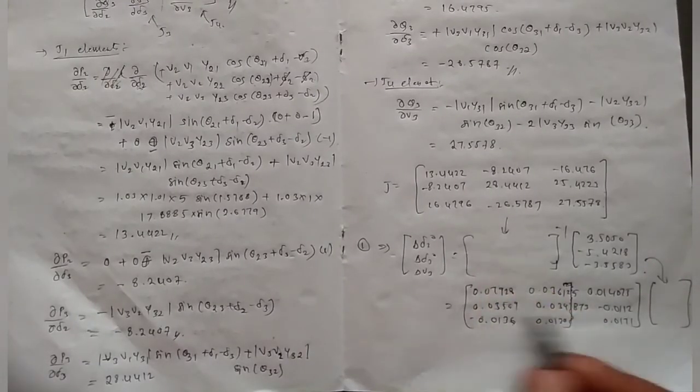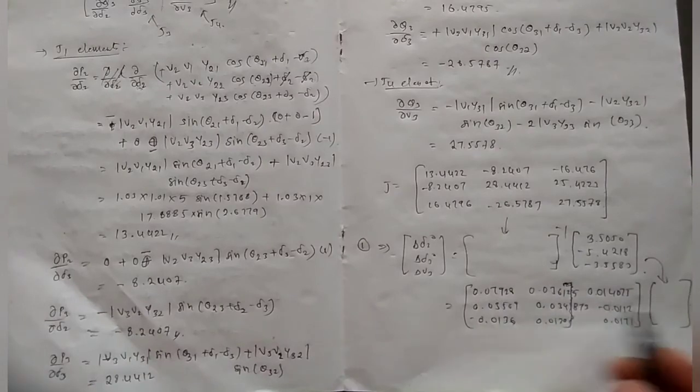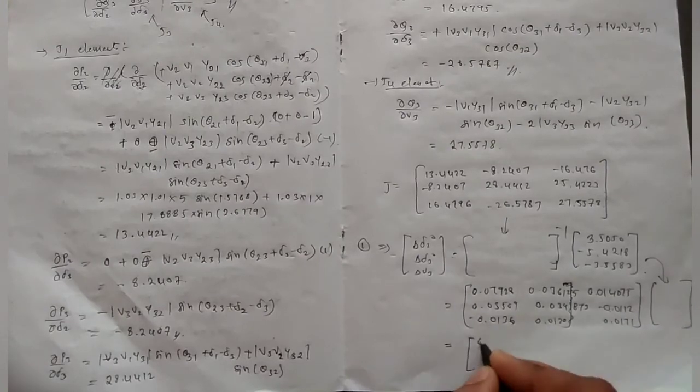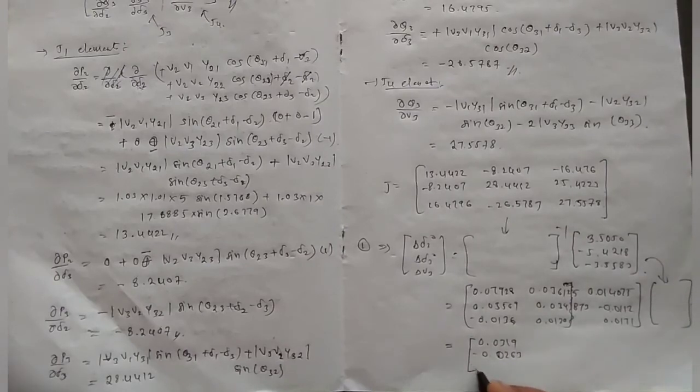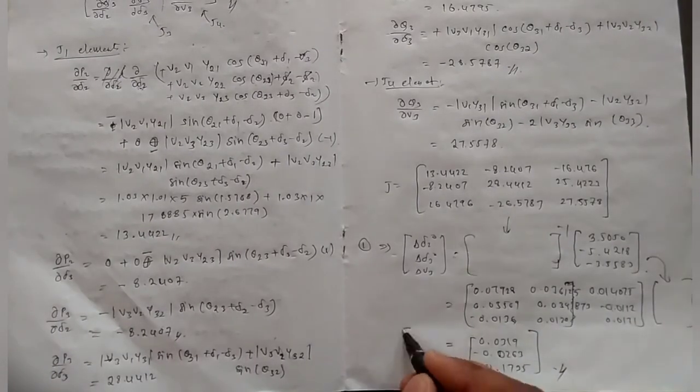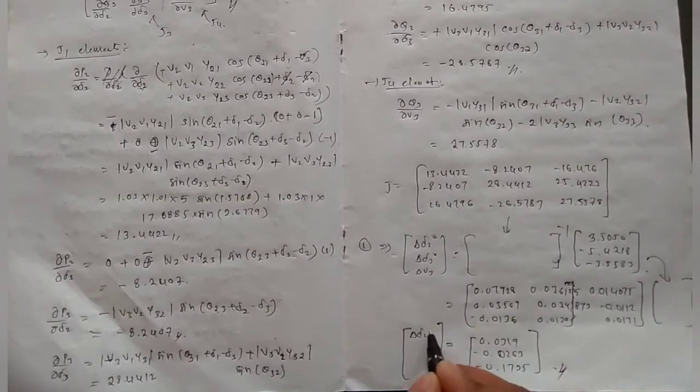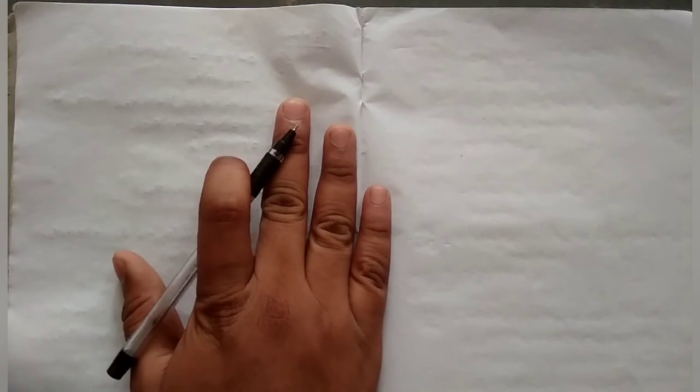After getting the inverse, put all those values in this matrix and multiplying these matrices we will get 0.0391, minus of 0.0263, minus of 0.135. Close this. We got the unknown mismatches. Now we need to find the final answer, that is after getting these unknown mismatches,